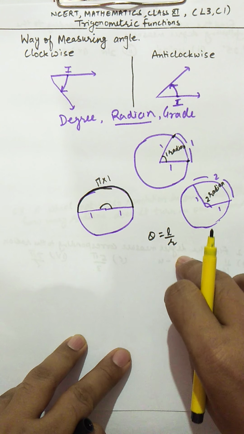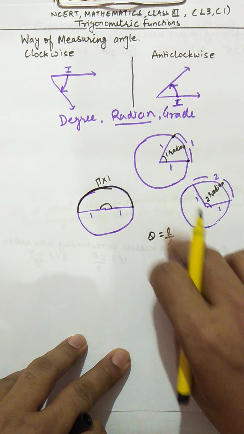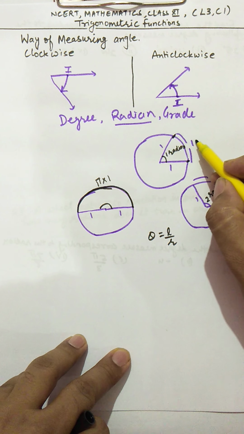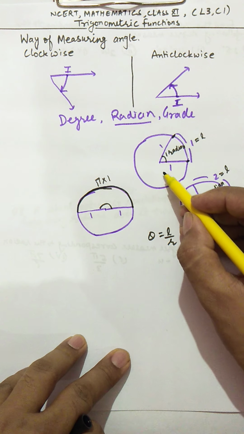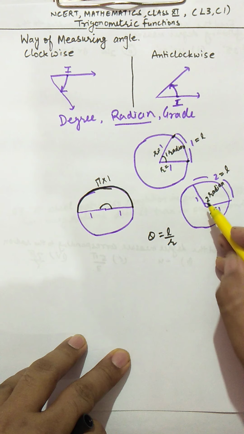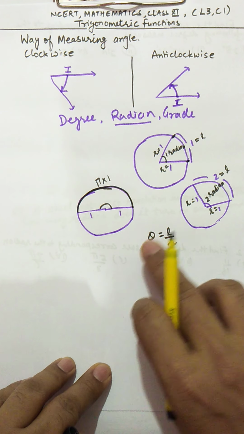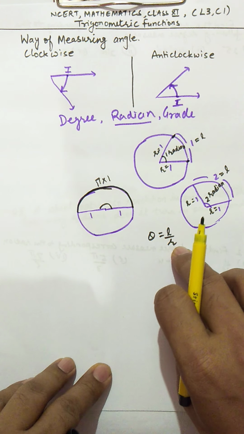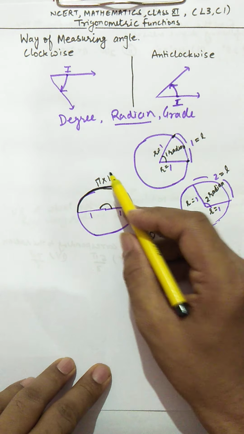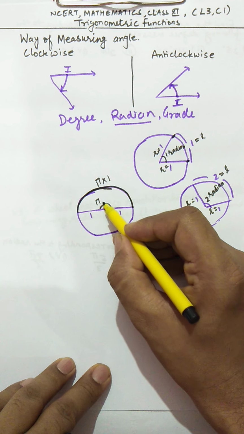But you can see also that if you use that relation theta equals L upon R, theta is the ratio of L and R. So use that concept here. L means this is your length of arc, and this is your radius, this is also your radius. So theta equals L upon R, and if you apply this, this is going to be pi